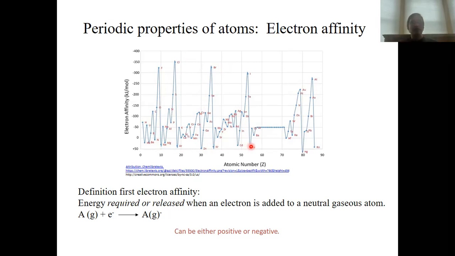Or well, they're actually positive if you define it as an endothermic process. Okay, so it actually requires energy to add an electron to a helium atom or neon atom or